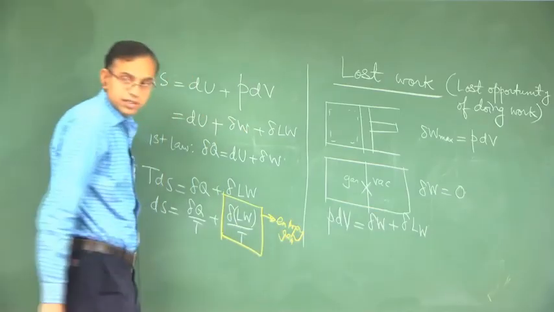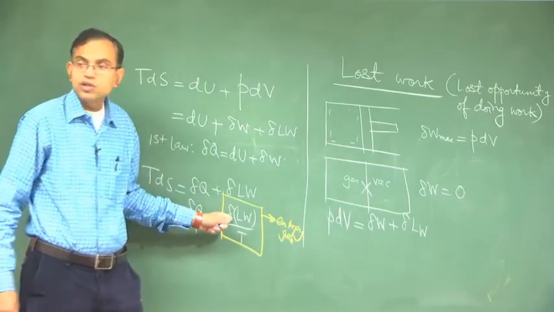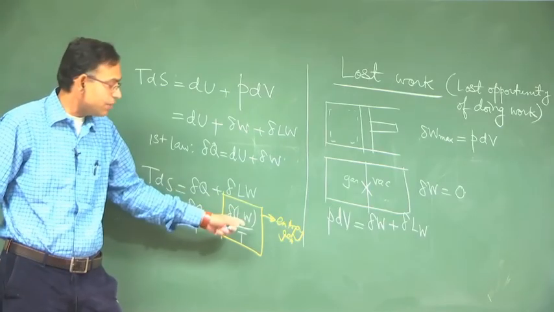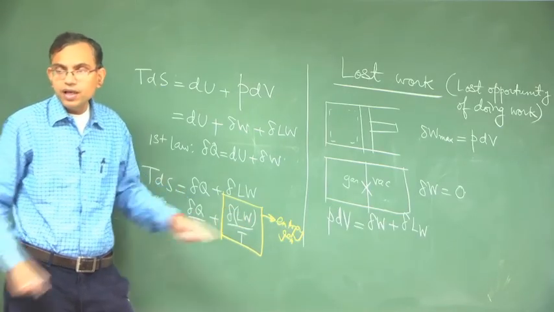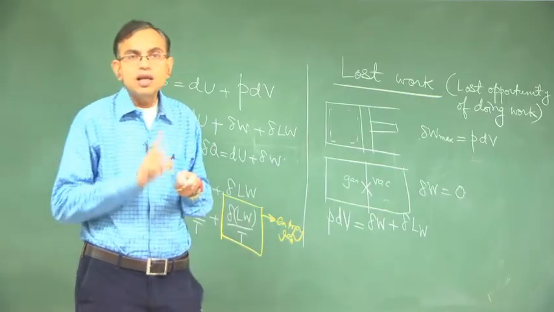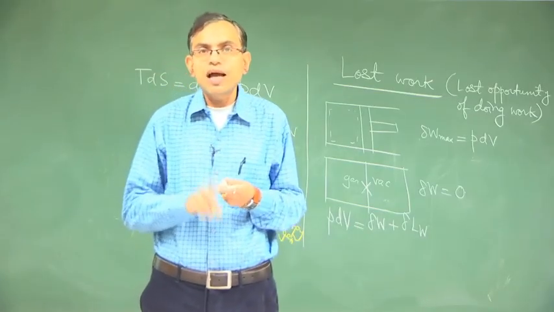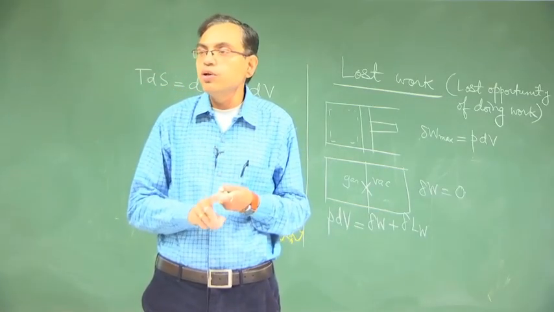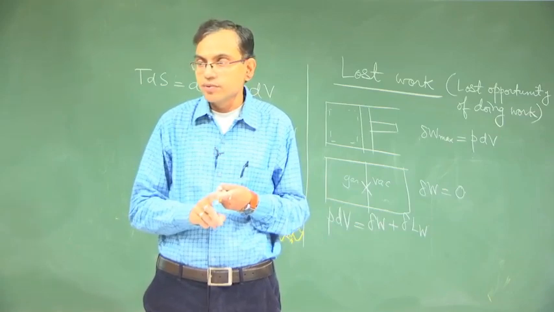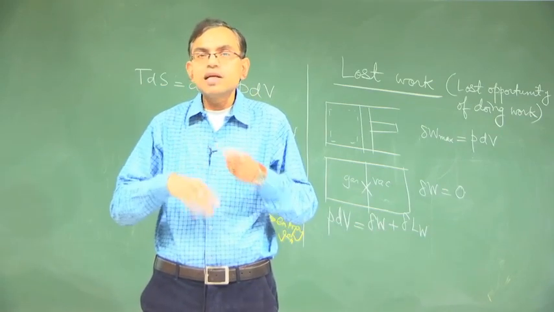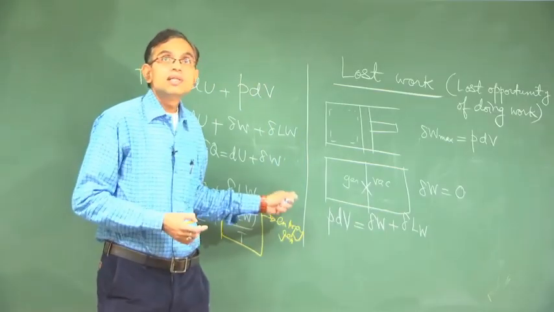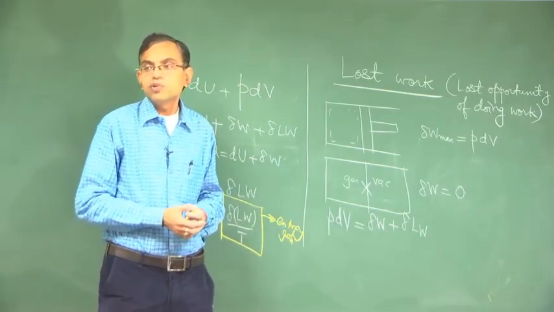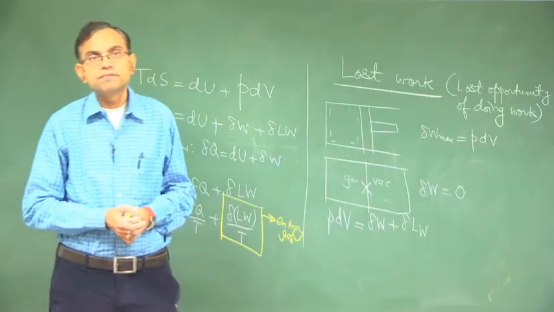Because entropy generation is positive, the lost work is also positive, and this term is 0 if it is reversible. That means with every irreversible process we have a lost opportunity of doing work. This is a physical interpretation of the entropy generation, which is associated with a lost opportunity of doing work.